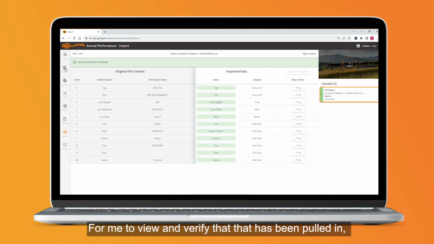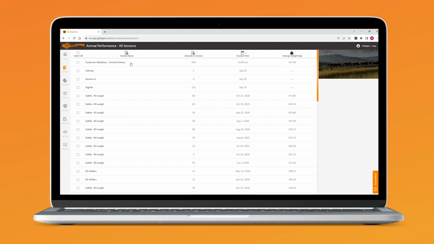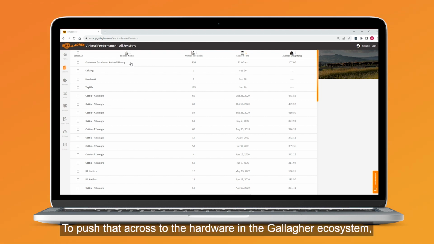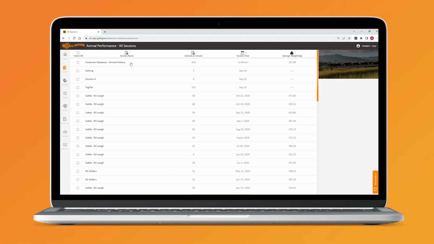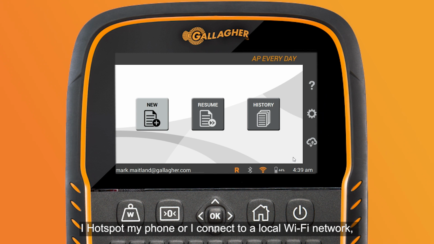For me to view and verify that has been pulled in, I can select our Sessions tab, and you'll note at the very top I have the customer database animal history. To push that across to the hardware in the Gallagher ecosystem, I can now move to my weigh scale. Now that file has been imported into the Gallagher Cloud solution, on my weigh scale, I hotspot my phone or